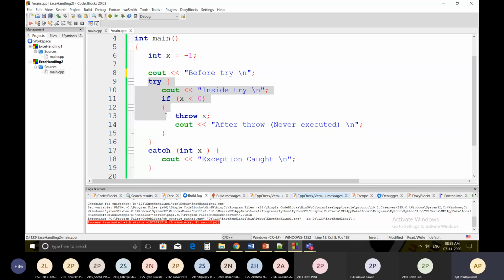This is our try block. In the try, I have mentioned one statement over here inside try. And then it is just for throwing the exception. If x is less than 0, it will throw x.